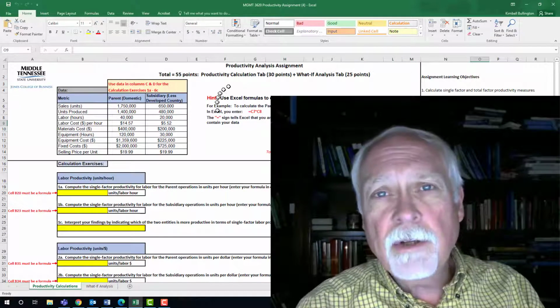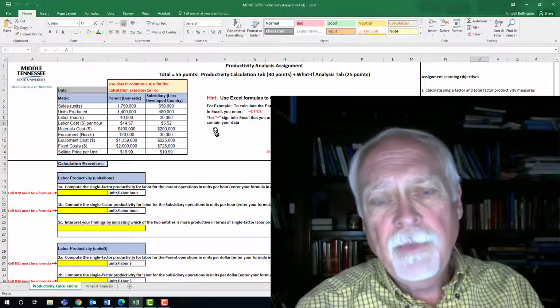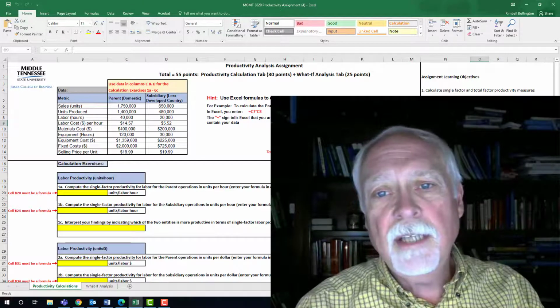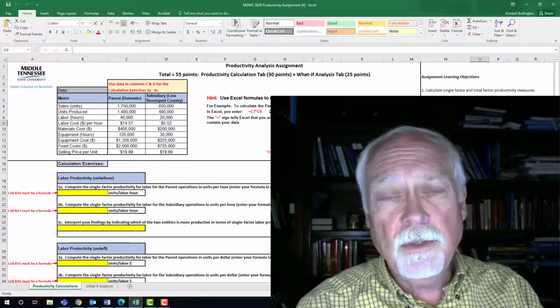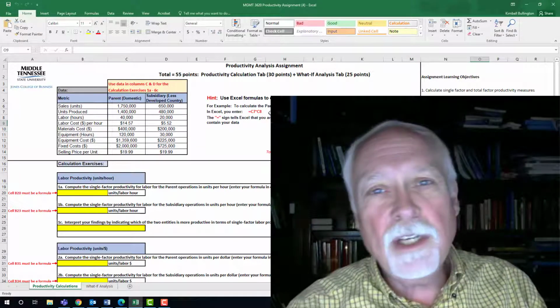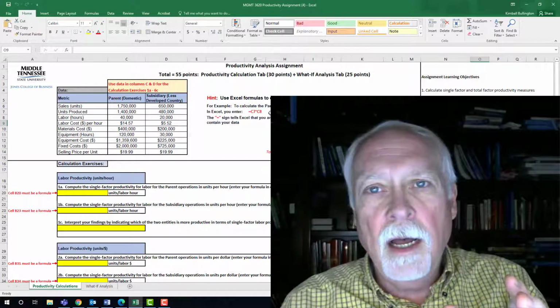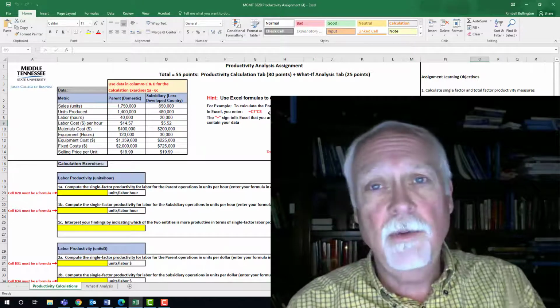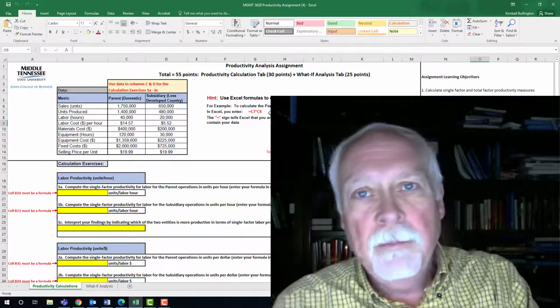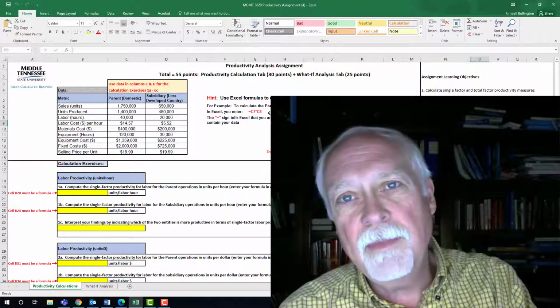I want to note first these hints given up here just to the right of your data. It says you're using Excel formulas to calculate your answers. That's not an option, that's an imperative. If you do the numbers offline and then you just type them in, that's zero credit, absolutely zero. You get nothing for that because the input that we've had from